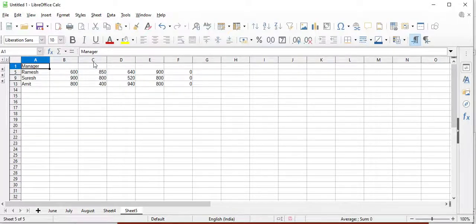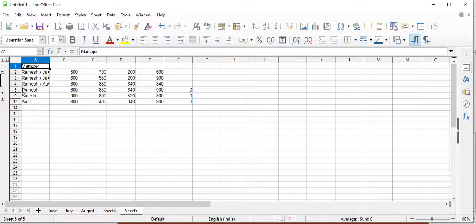Here you will see in which area they have sold the maximum amount. If I click here, you see Ramesh, June month is 500, July is 600 and August is 600.